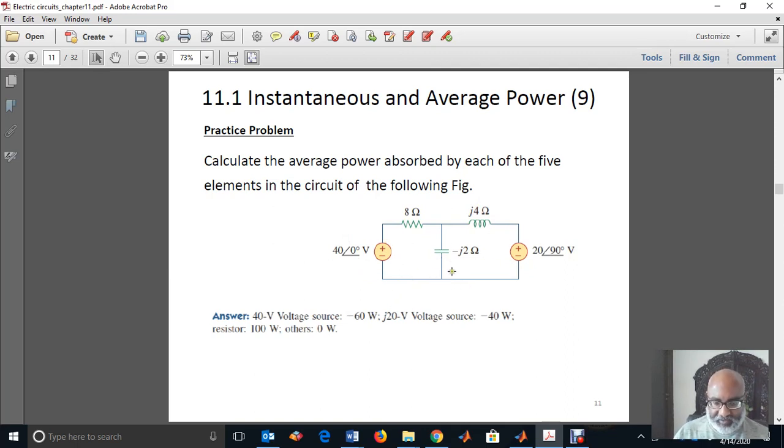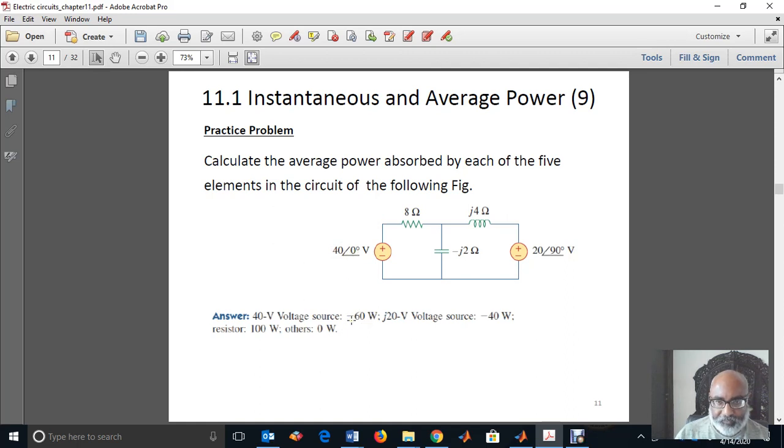You can use nodal analysis, mesh analysis, or any of the circuit analysis techniques to solve this problem. But here, if you see the solution, the 40 volt voltage source here,